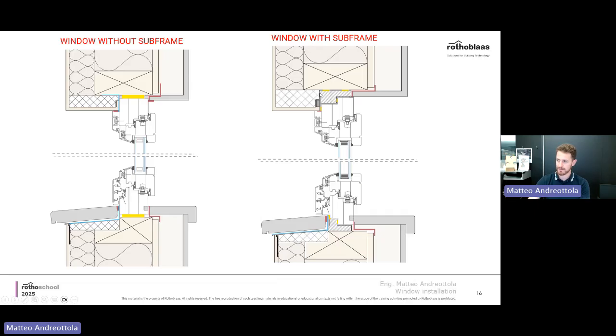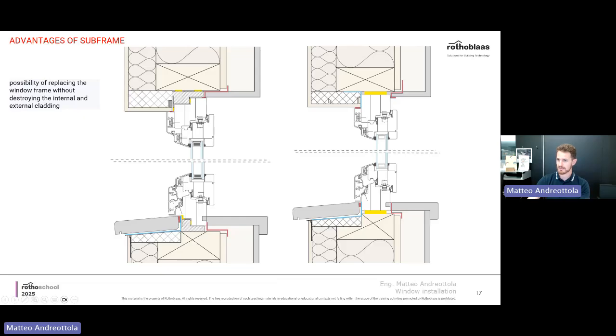A subframe means that, before placing the window itself, you have already something which is usually a piece of wood, and can be shaped like in this case, like in the example that I brought to you. It's just a help for positioning, but mainly for making the waterproofing and airtightness installation easier. We'll go there in a second, but basically the advantages that you have with a subframe are